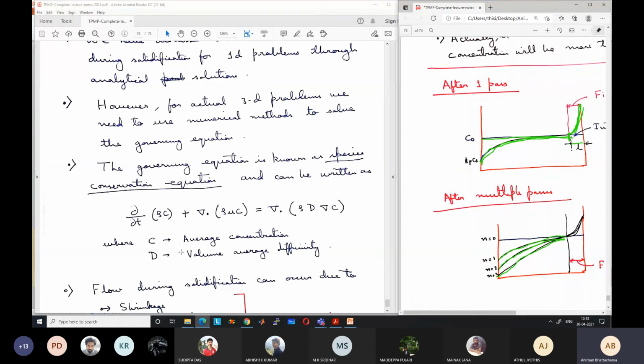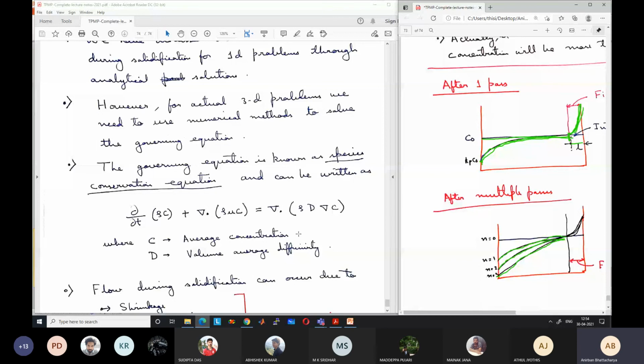So if you are using, say, the SIMPLER algorithm for solving velocity, but say you are using an implicit method for solving the energy equation, we can also use an implicit method for solving the concentration. Those who have studied CFD will know these things. That is not part of our course, so we will not go into the details, but we should know that we can solve these equations using numerical techniques like CFD for a 3D or 2D geometry, but using an analytical solution it is not possible.